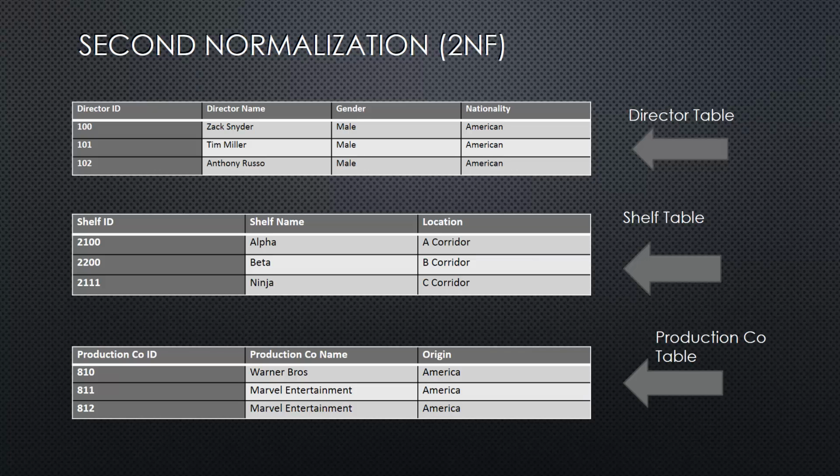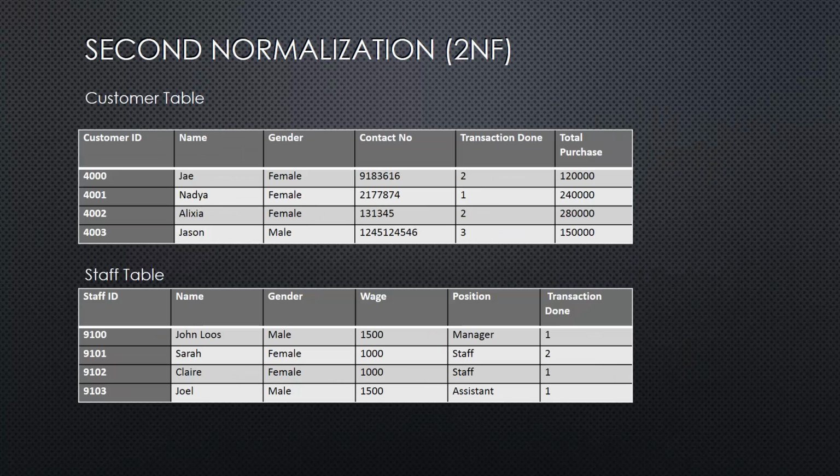Each attribute clearly describes the table. For example, the director table is constituted of the name, ID, genre, and origin. The customer and staff table remains as it is, but this creates a problem if the manager wants to track